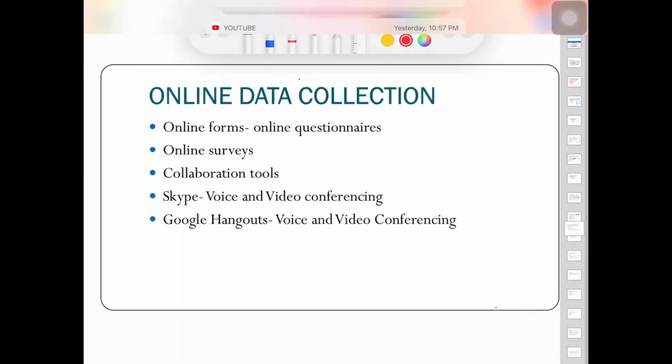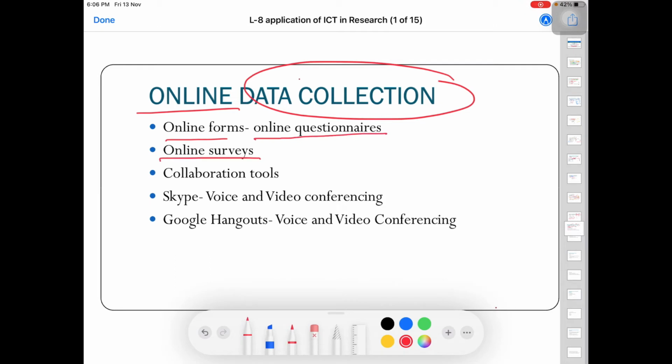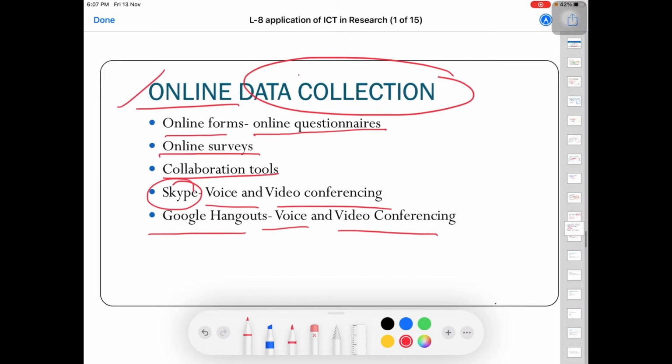online data collection. So you can also collect data online using online forms, by preparing online questionnaires, online surveys, collaboration tools. With the help of Skype, you can do voice and video conferencing. With the help of Google Hangouts, you can also do the same, voice and video conferencing. So this was all about online data collection. The next we have